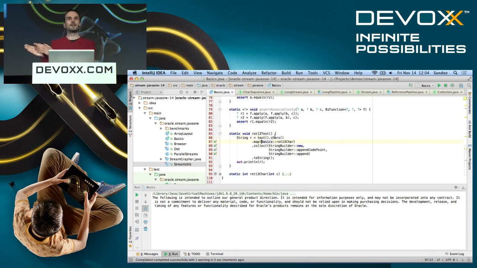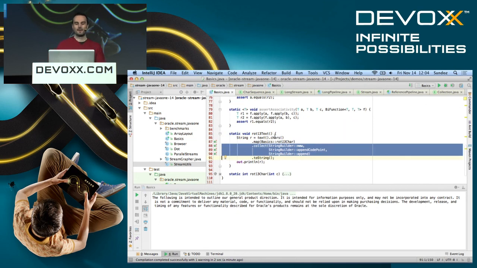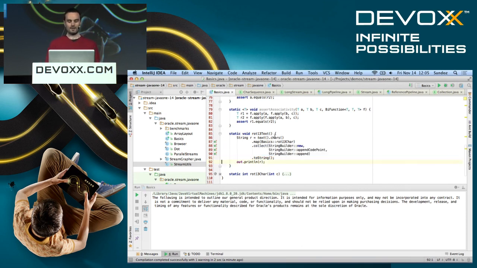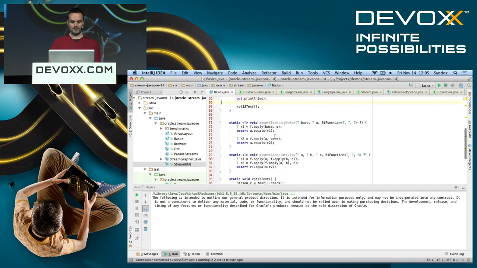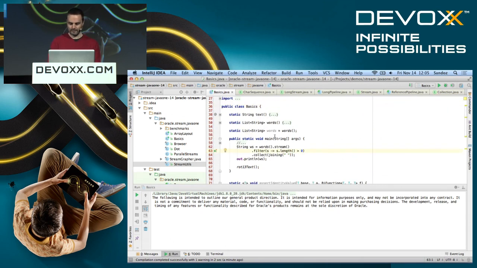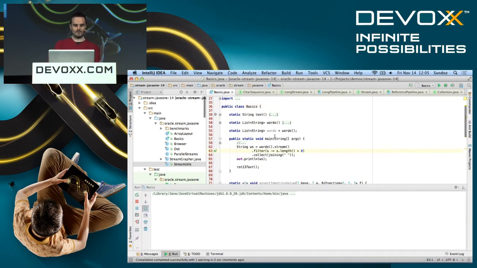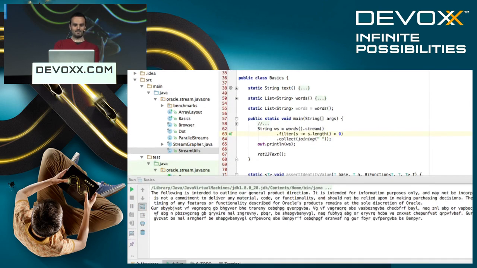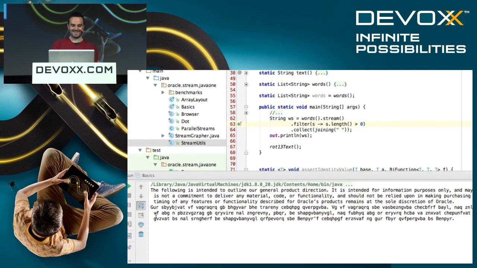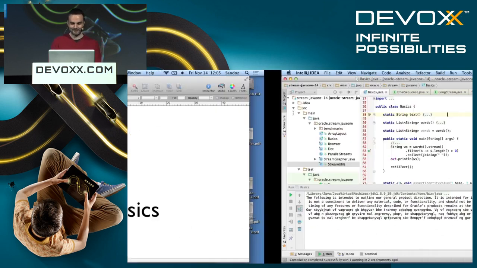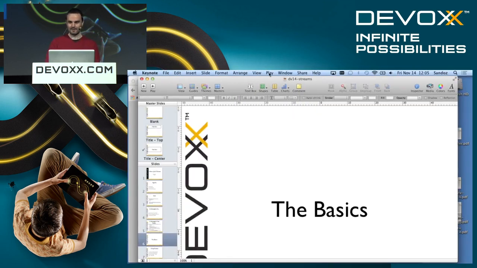We map each character to a function that ROT13s the character, and then we use the three-arg form of collect using a string builder. We want to create a new string builder. We give it the method to say how you add a code point to the string builder, and then we say how two string builders join together, and that's the key thing you need when you go parallel. And then we can print it out. So let's just see that it works, for the fun of it. There we go. Which do you think is more understandable, the top one or the bottom one? Okay, that was a bit of fun. So let's go back to the slides.